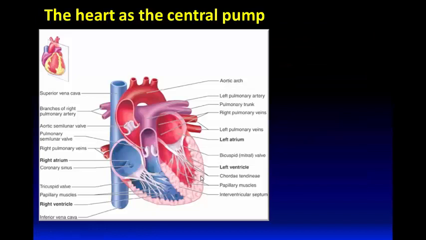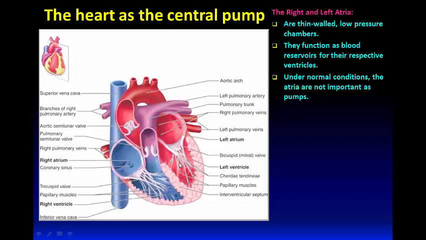Now, let's very briefly describe the functions of the major components of the cardiovascular system, and let's begin with the heart as the central pump of the cardiovascular system. The heart is a muscular organ composed of 4 chambers, 2 atria and 2 ventricles. The 2 atria, the right atrium and the left atrium, are